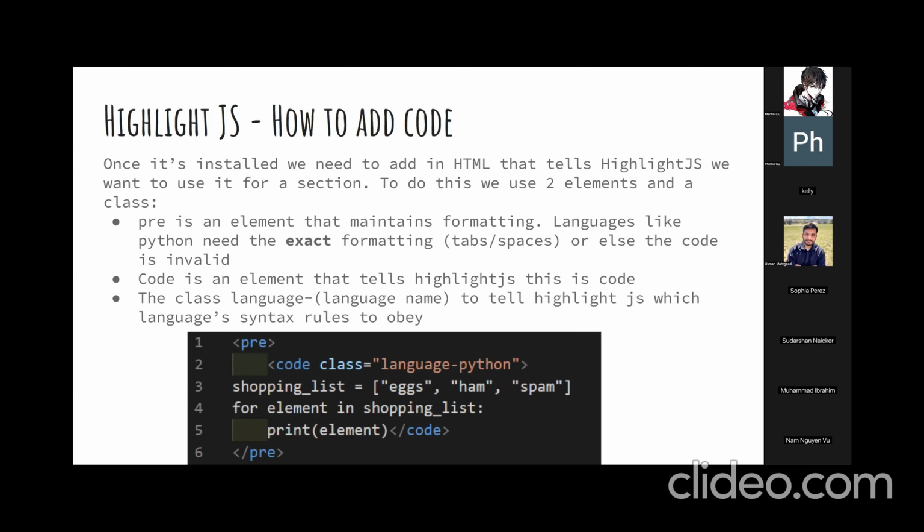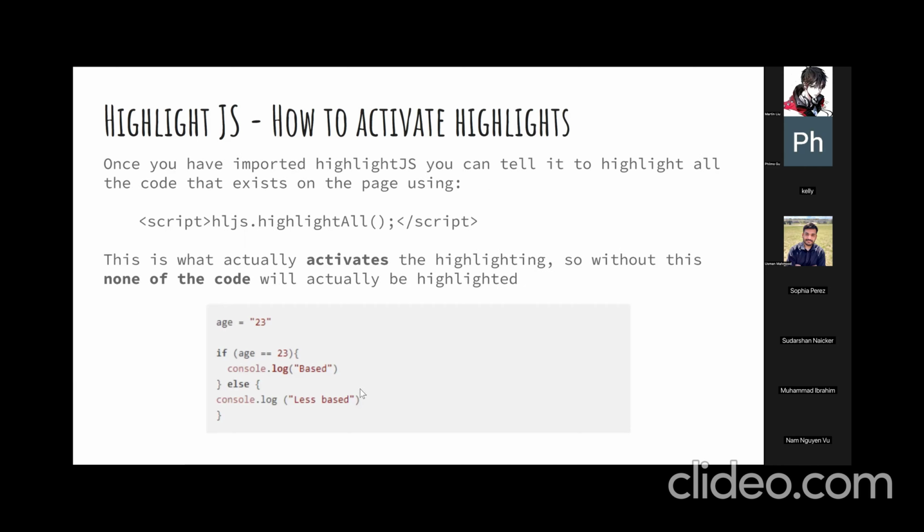So like languages for Python, but we need the exact formatting, tabs and spaces, or else the code is invalid. The code is an element that tells the highlight.js this is code, and then the class language name is to tell the highlight.js which language syntax rules to obey. So looking at this case right here,